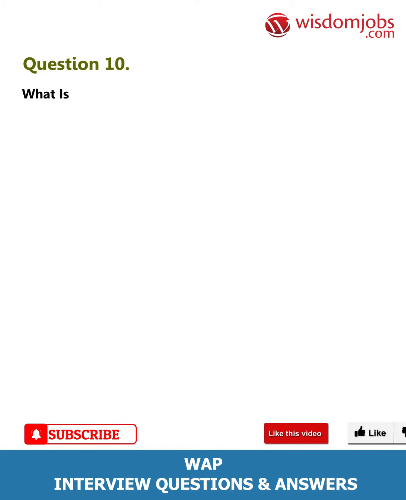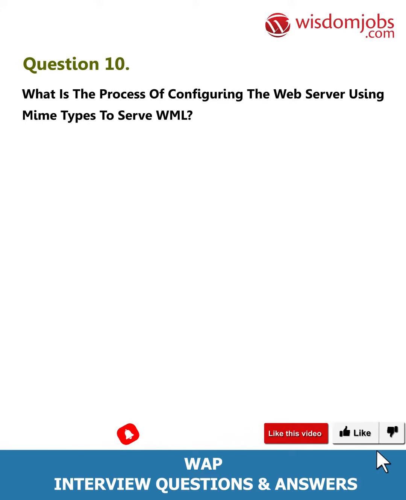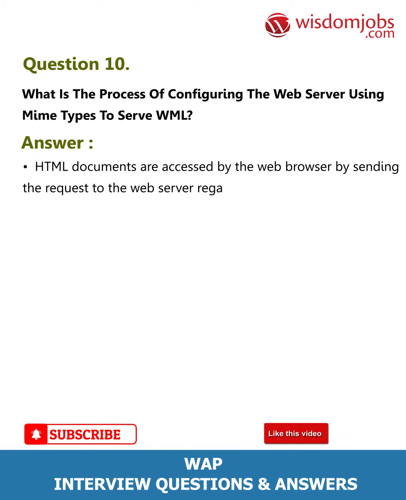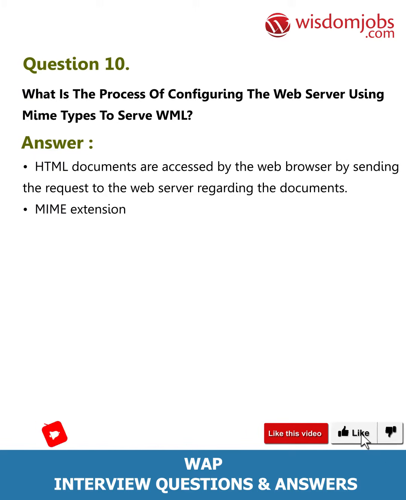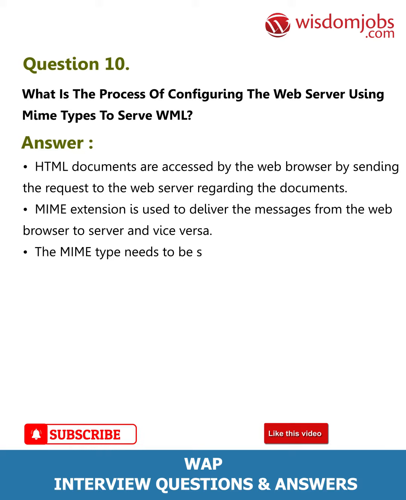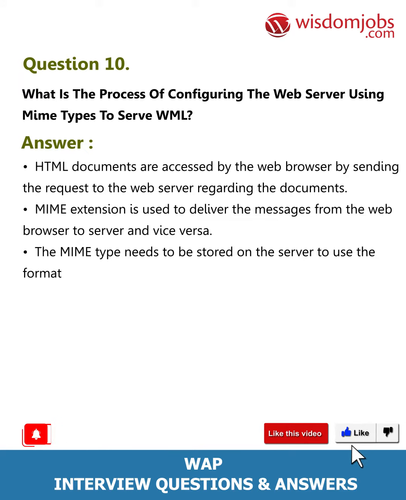Question 10. What is the process of configuring the web server using MIME types to serve WML? Answer. HTML documents are accessed by the web browser by sending the request to the web server regarding the documents. MIME extension is used to deliver the messages from the web browser to server and vice versa. The MIME type needs to be stored on the server to use the formats like images, sounds, word processed documents